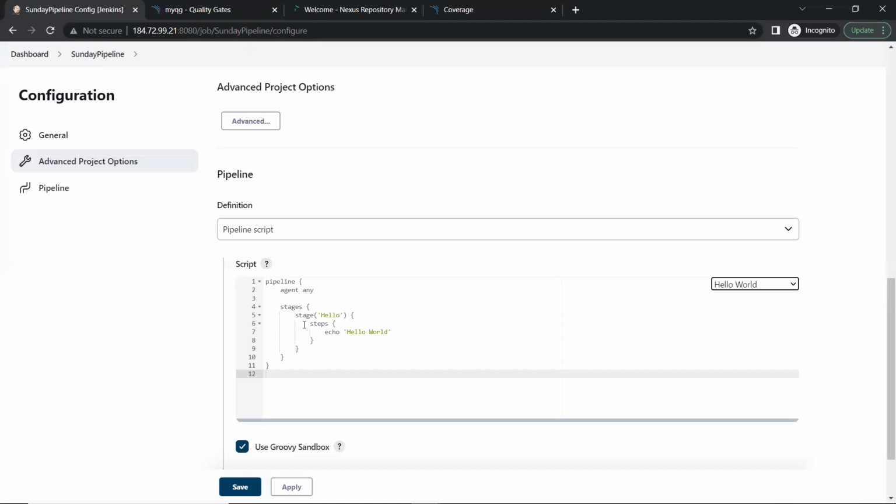Okay, so this is your pipeline code. Pipeline code starts with pipeline. Okay, and then inside pipeline, you have agent. Agent means